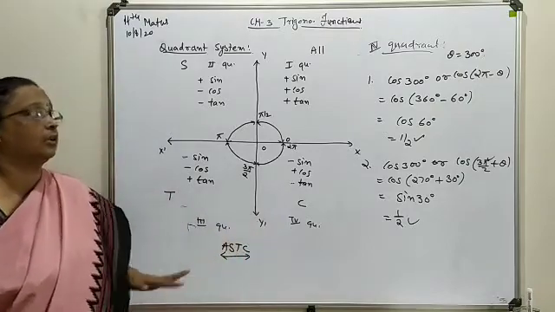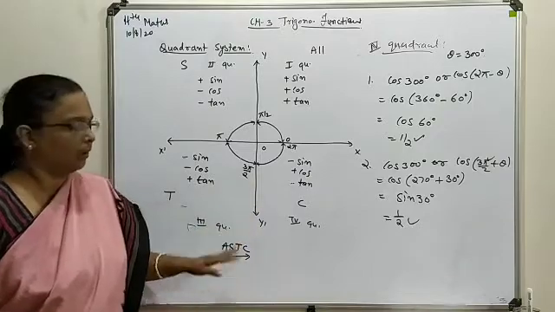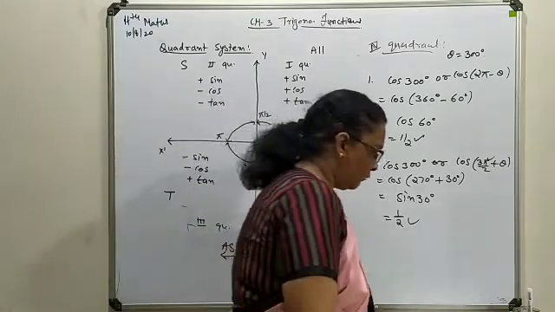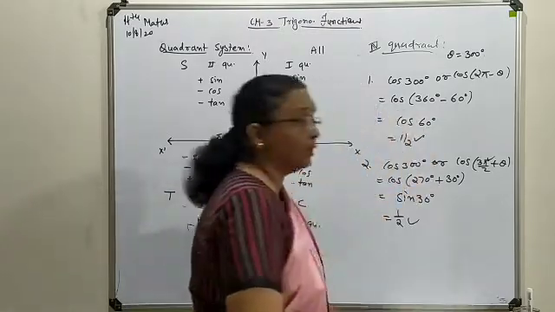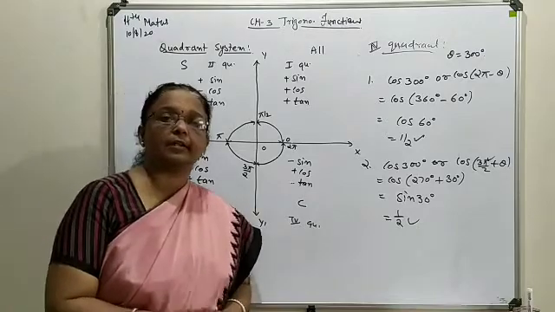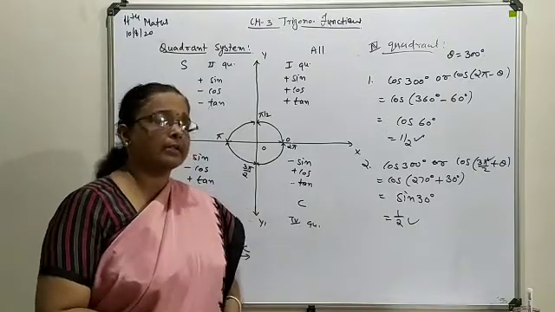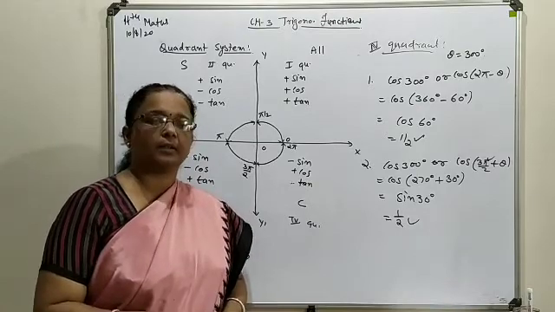So it was all about the quadrant system and presentation of angle in a particular quadrant. Now we are going to discuss some standard curves, just as the sine curve, cos curve and tangent curve, and it's a graphical presentation. This sine, cos and tangent presentation, these three are the important presentation.